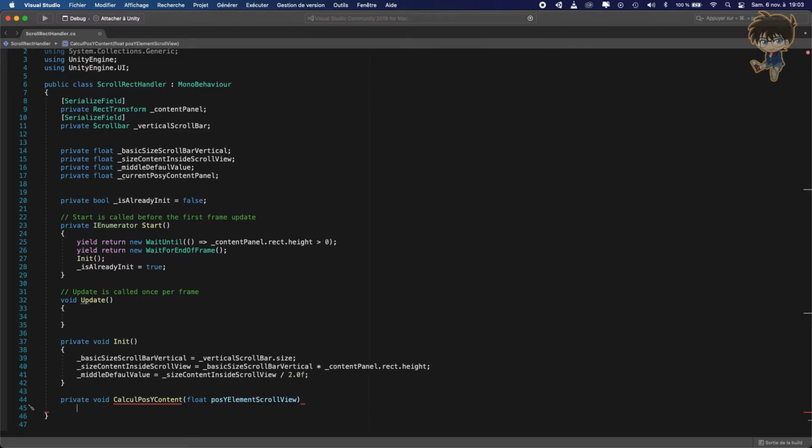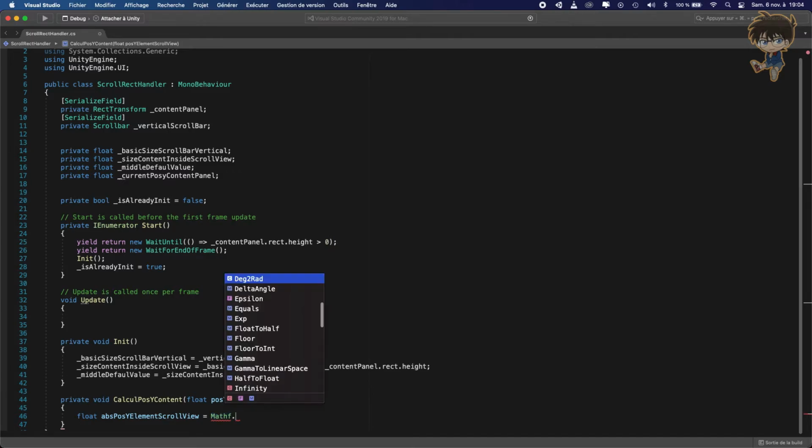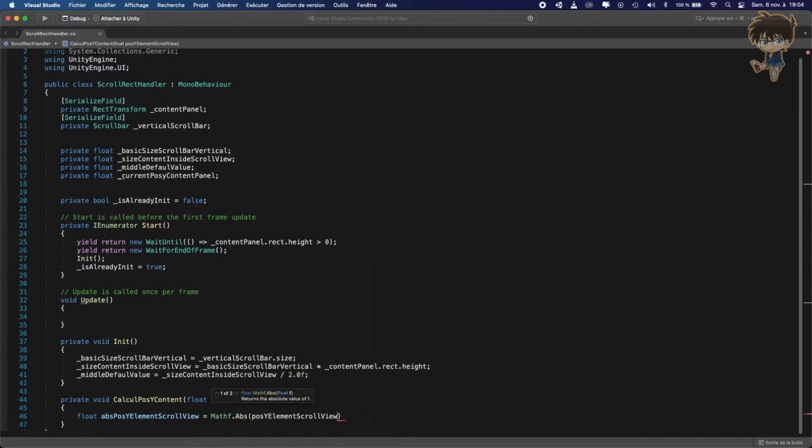Okay, so inside this function, let's create a float, and this float will be the absolute value of the position y of the element in my list, element scroll view. And this will be equal to Mathf.Abs of basically the position y element scroll view. Okay,